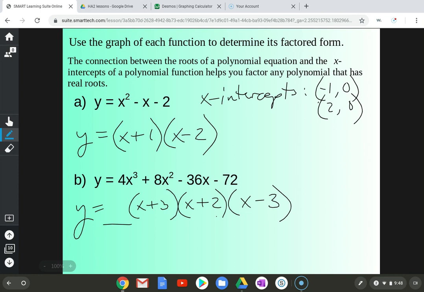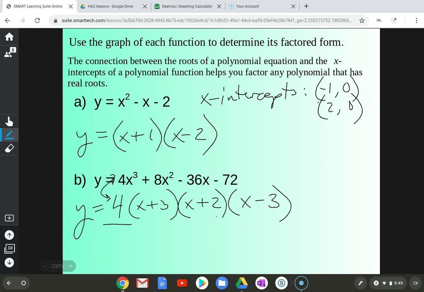If you have the function written in expanded form or general form, the number that is called your leading coefficient, the coefficient of the term with the highest exponent, is going to be the same as your dilation factor in factored form. So this number, you could just write right here. If you have any concern about it, all you have to do is